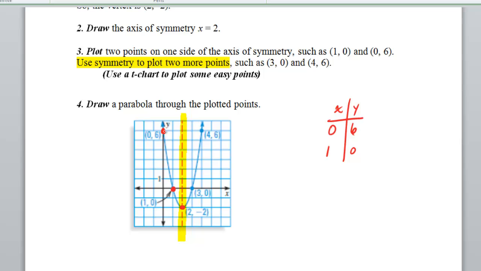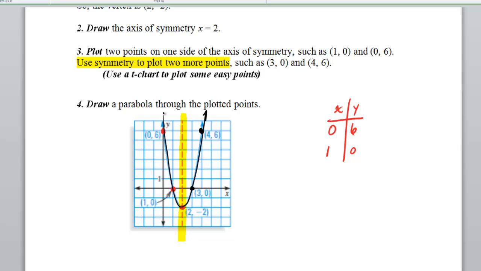This is where you're going to use your knowledge of symmetry to help you with the additional points. So since this is just 1 unit away from the axis of symmetry, my symmetrical point will be 1 unit away on the other side. Same thing here. This one is 2 away from the axis of symmetry, so I'm going to go 2 on that side. And now I have just enough points